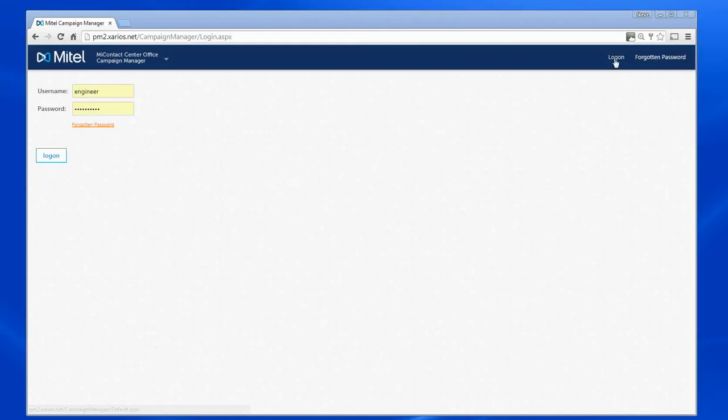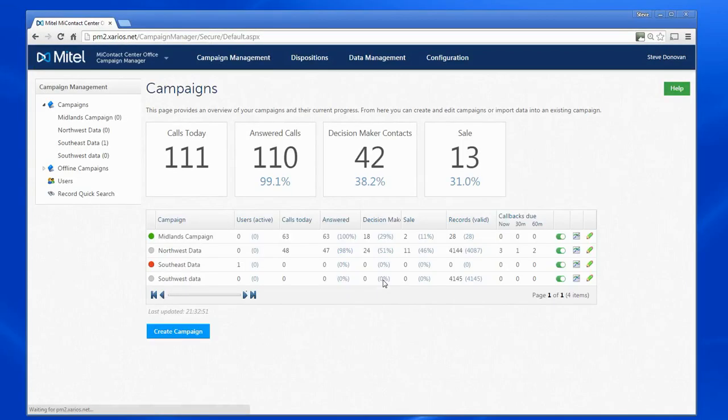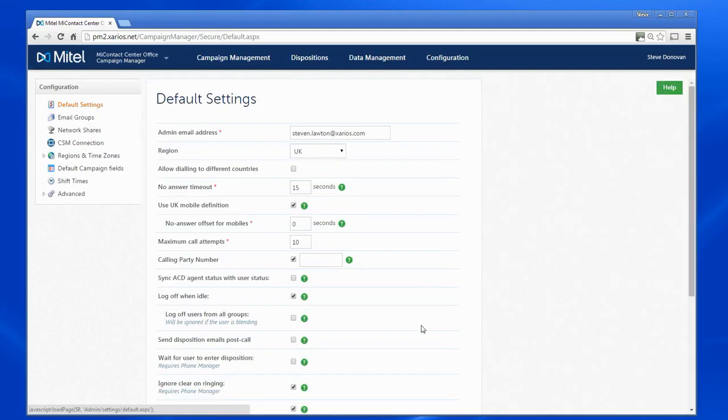Hi folks, in this video we're going to show you how to set up the default settings in Campaign Manager. I go to the configuration page here and the default setting page is loaded. I can specify here an email address for admin information and just edit that email account. The actual email transmission and settings for the SMTP location and password is all configured in the Mitel communication service